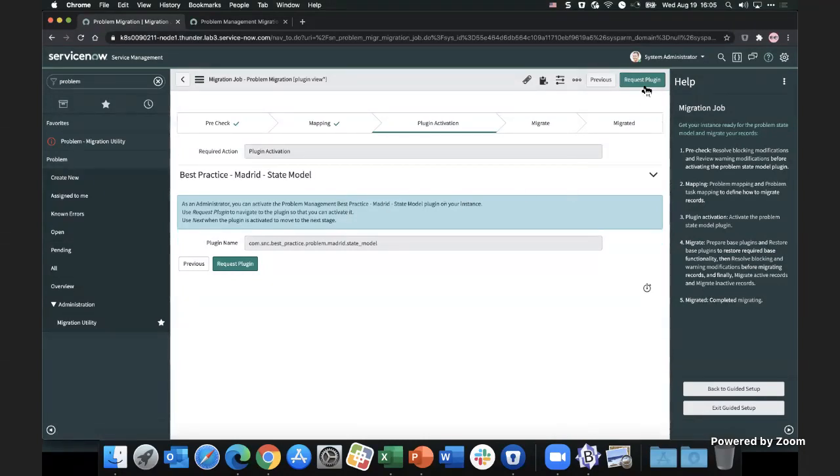Instead, what would happen is request plugin would take you to the ServiceNow Hi page where you can actually request the plugin instead. So the utility will work whether you have permission to or not, and it will direct you to the right place to do that. But the good news is because I have the right patch, when I say request plugin,